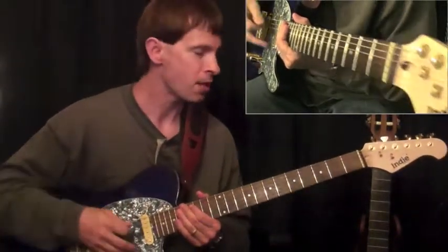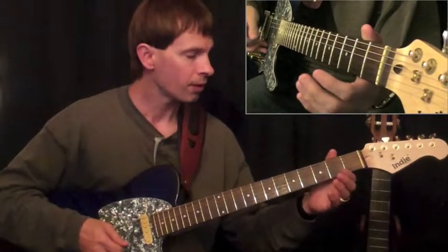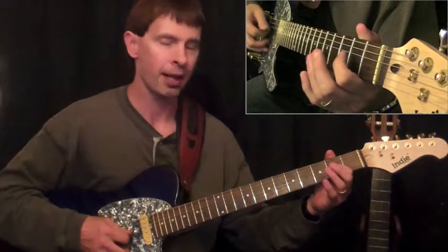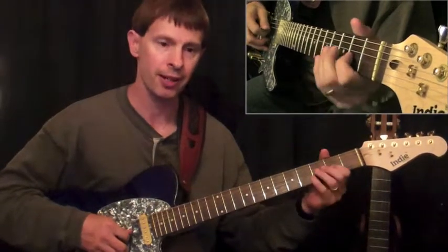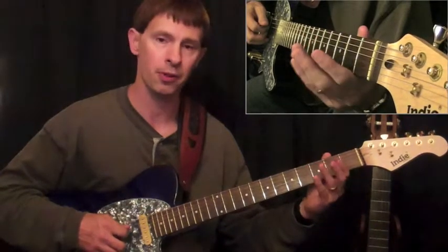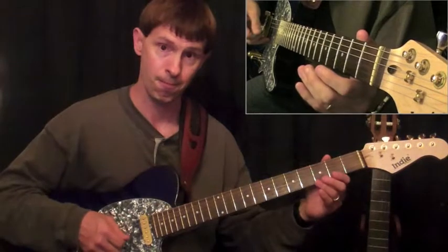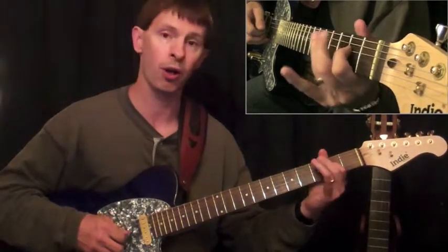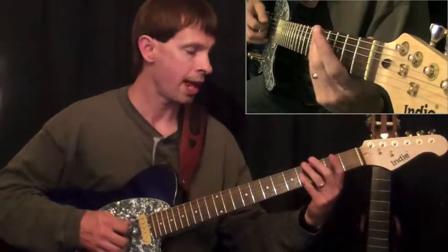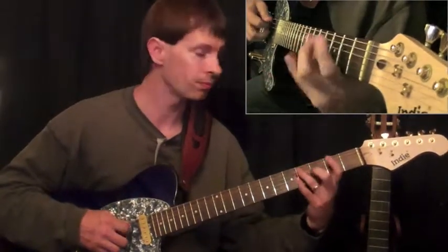The next lick that I play here after the open E, I'm going to come down to the 3rd string, 2nd fret, pull off, go back to the 4th string, 3rd finger, back up to the 3rd string again. Now I go 3, 1, open. And then this triplet figure here on the 5th string, 3, 1, open,